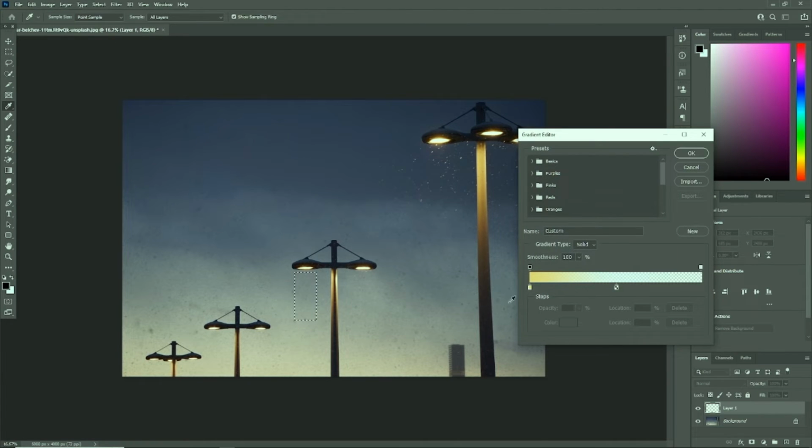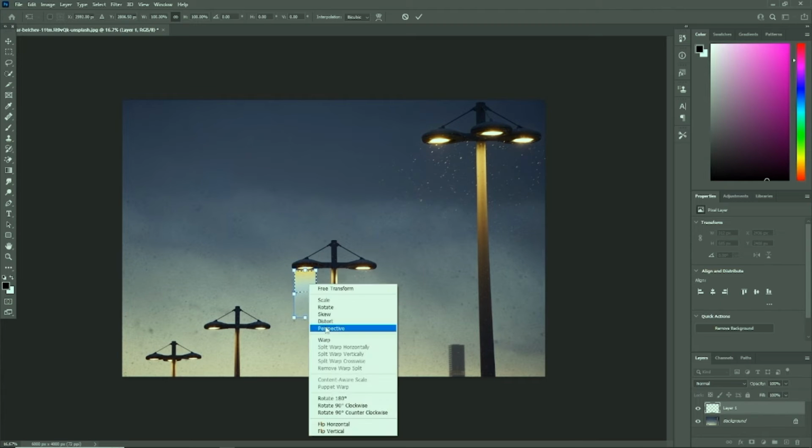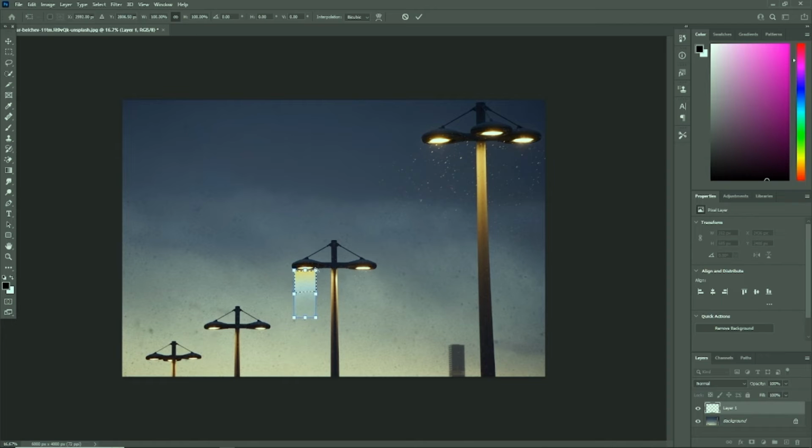just looking like that, and hit OK and create your gradient just like so, and hit Ctrl T and adjust a little bit, and right click and perspective, and you're gonna make this just like that and hit enter to deselect it, and we're gonna apply some